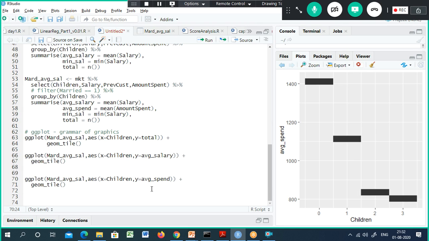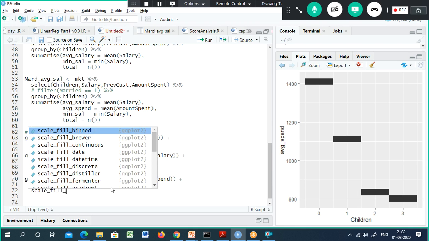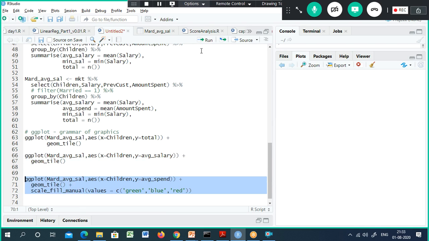In addition to that, if you want to do some kind of additional beautification from the aesthetic point of view, I'm not talking about the aesthetic function, I'm talking about the English word aesthetics, you can specify value equal to red or green, all small letters, and blue and red, using which we can specify what color is used here.